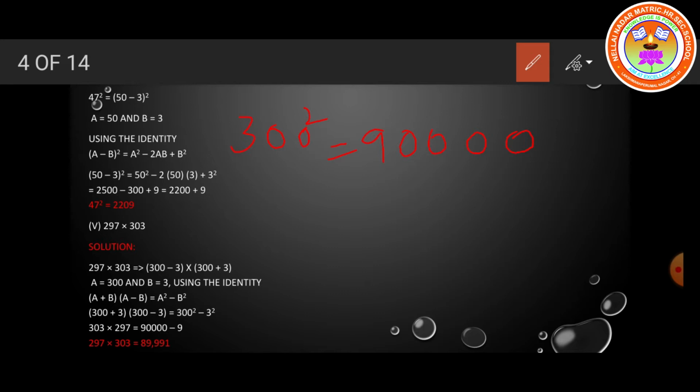Next we are going to 3 square. 3 square can be written as what? 9. We have to write it minus 9. Can you understand? So 0 minus 9, is it possible? No, it is not possible. We are going to see the next column. Next column, what number is there? 0. There is no value for 0. Then again we are going to borrow from the next column. Next column 100, hundreds column also 0.